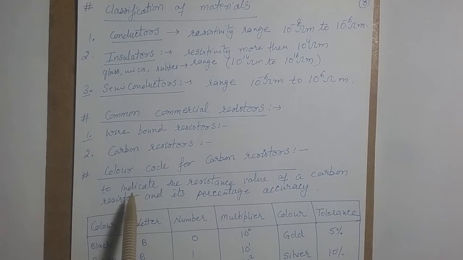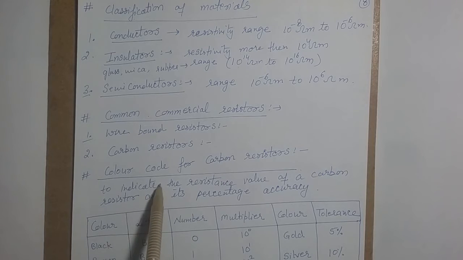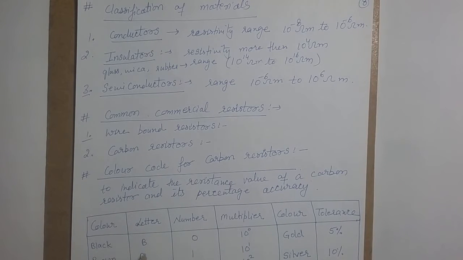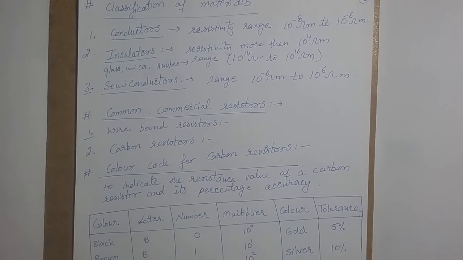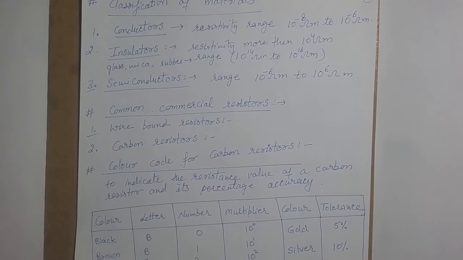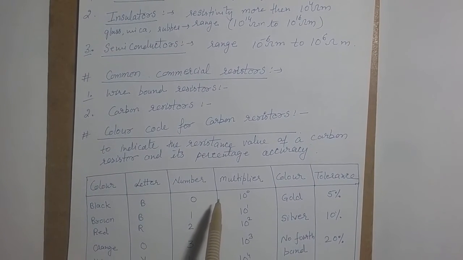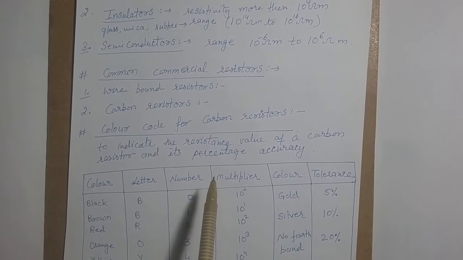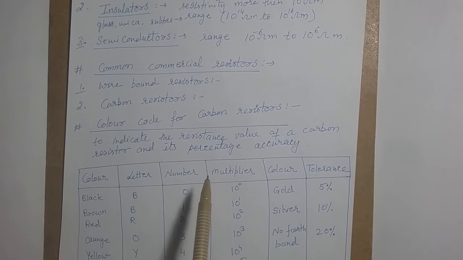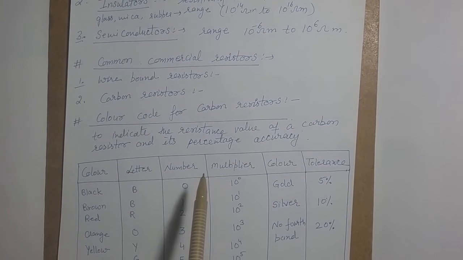In order to identify the values of given resistors, there are some schemes to get the exact value, and these are known as the color coding scheme. For carbon resistors, we have a color code system which indicates the value of resistance for that particular resistor along with their percentage of accuracy. Now what is the percentage of accuracy? This shows that a particular amount of current is flowing through that electric circuit.